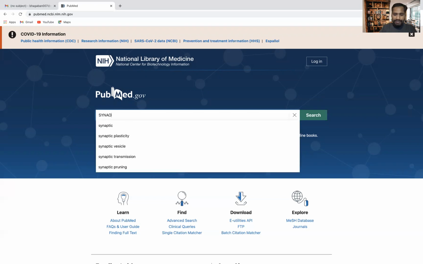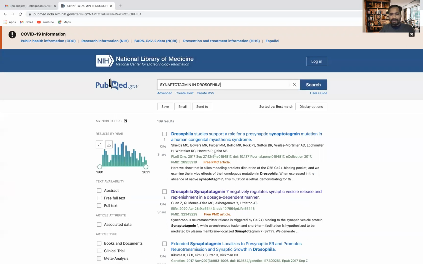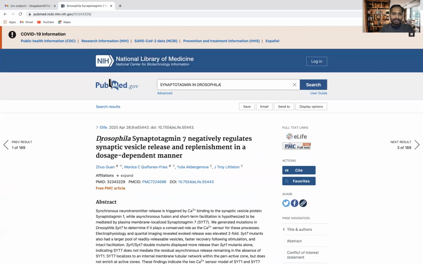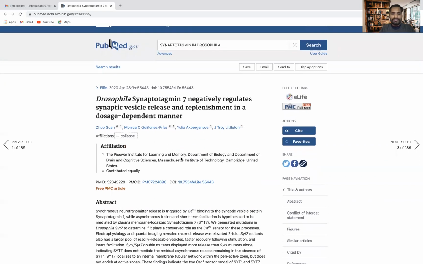synaptotagmin in Drosophila. I just type this, and so many papers will come. I will open this one, and you will get the paper here. Then you will get the affiliation, just expand it, and you will come to know which institute the paper is published from. This is from MIT, Cambridge, United States, and this lab, Troy Littleton lab, is